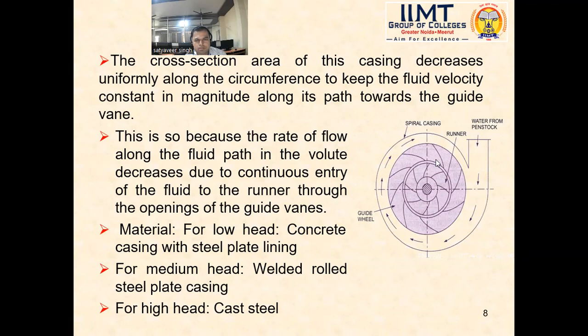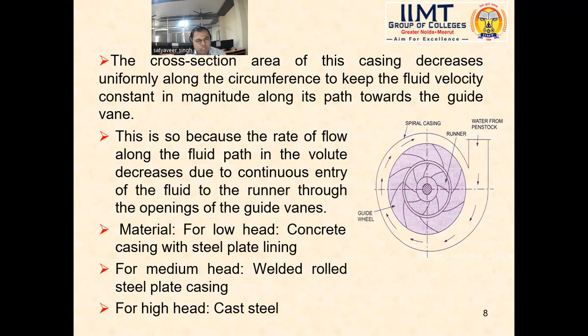So this is basically the spiral casing, and this is the eye of the shaft, and these are the blades. Two types of blades are there. One is the guiding blade, and the other is the fixed blade. This part is called the runner, and this is the penstock pipe through which water enters into the casing. This is the guide vane. So we can say that